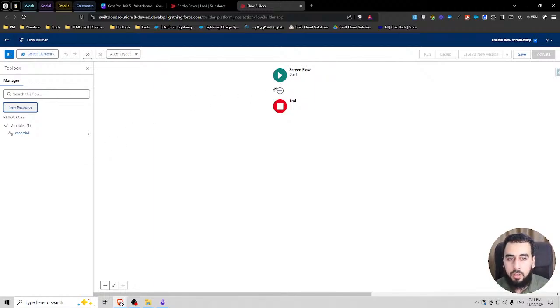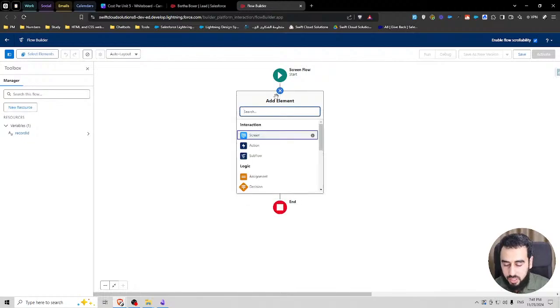All right, now the first thing we're going to do is query this lead. When the flow starts, it has access to the record ID, the lead ID only. It doesn't have access to the entire record. We need other information like the contact first name, last name, email, and so on. So we're going to perform that query.